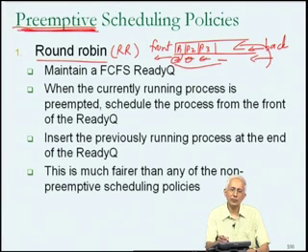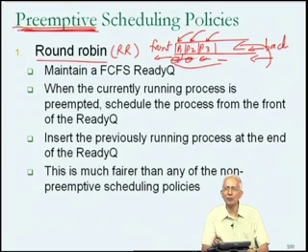You'll notice that this particular policy doesn't suffer from the problem that we saw with the first come first serve policy, because even if process P1 requires hours and hours of CPU time, even if process P1 contains an infinite loop, and even if process P2 requires huge amounts of CPU time and process P3 requires a very small CPU time, the most amount of time that process P3 will have to wait before it gets scheduled would be 2 CPU time slices. Therefore there is this element of fairness. No one process is going to get overly unfairly treated due to the scheduling policy. So this turns out to be a very interesting kind of idea,